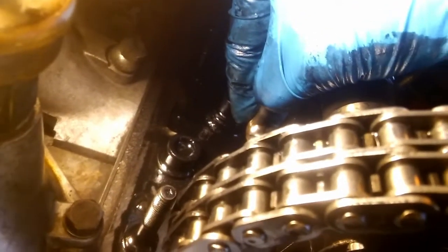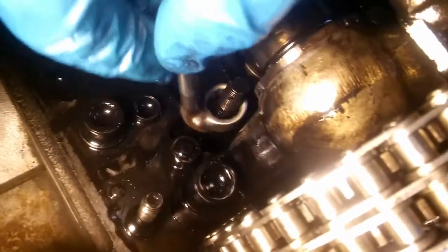Alright, so here's the special tool. Goes over this. Make sure it's straight. Then you gotta push it all the way. Okay, that one, the second one right there is installed. This one is not installed yet. Everything goes back in the same order, basically. Spring right there, and then the